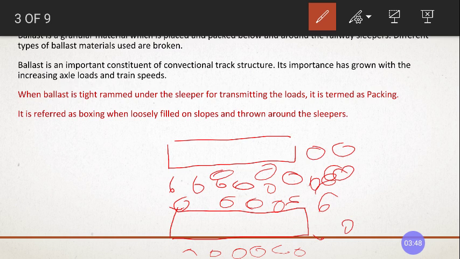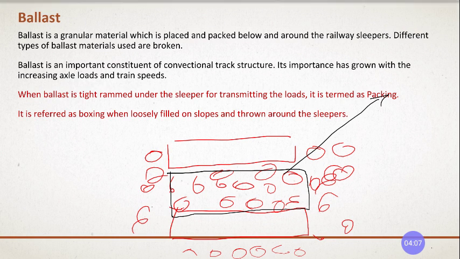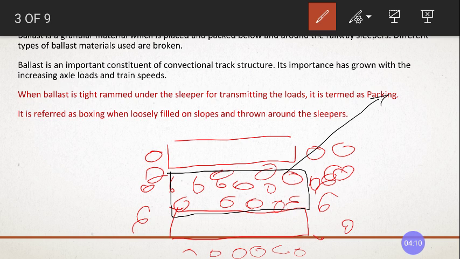The portion where you fill it, ram it and consolidate it is called packing. When you just place it on the sides, providing a slope on the sides, loosely and without compaction, it is called boxing.